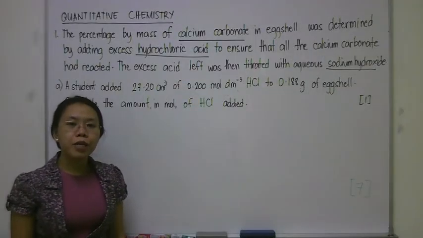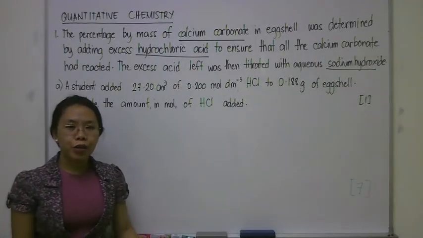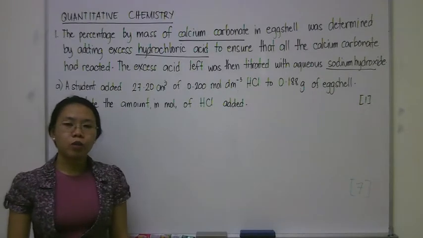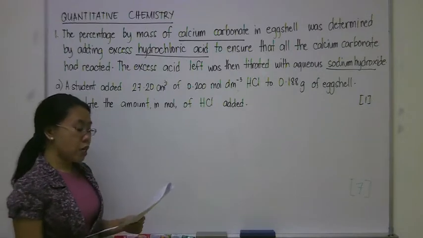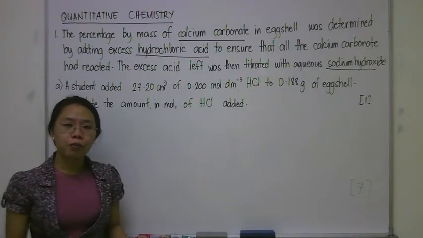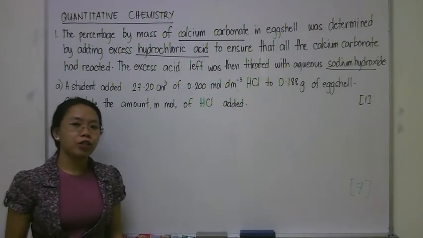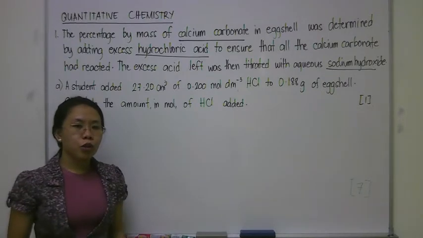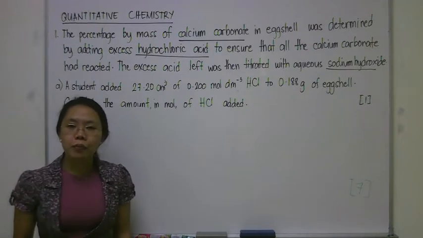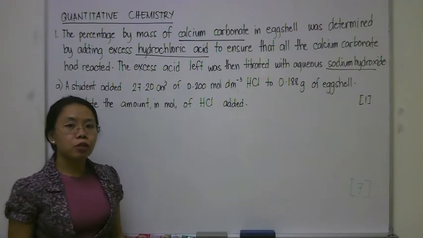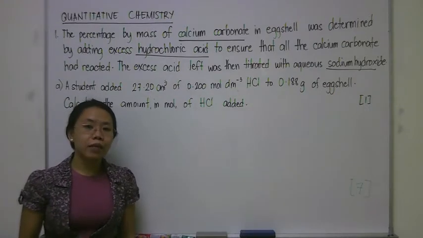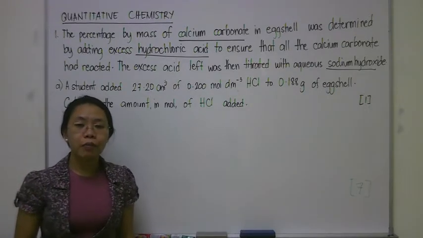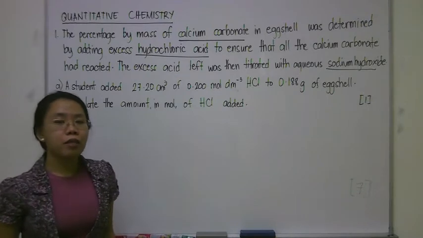Okay, so we will be solving problems under the Quantitative Chemistry chapter, or the first chapter of IB Chemistry. Problems in this chapter focus mostly on calculation, and they involve stoichiometric problems. The first step in answering a stoichiometric problem is for you to understand first what takes place in the reaction. The best way to understand what takes place in the reaction is for you to